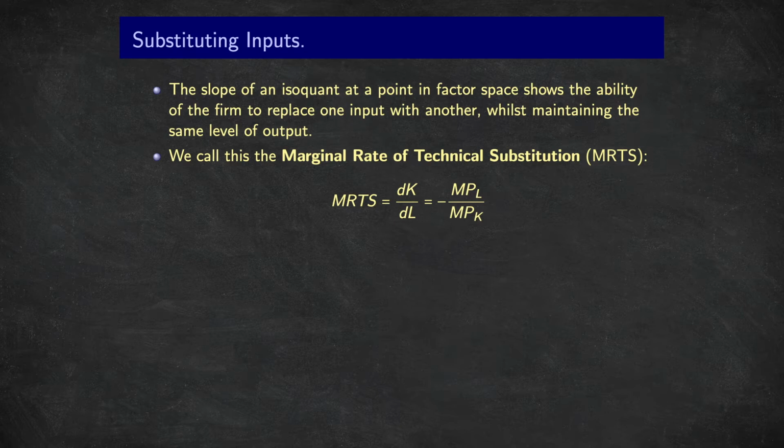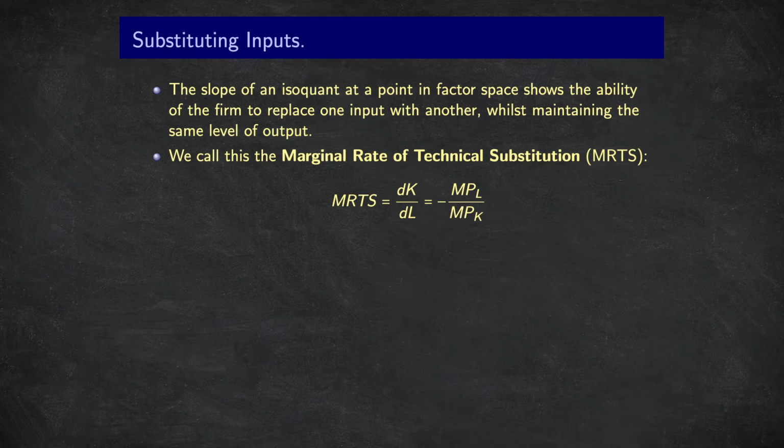As we move along an isoquant, we are exchanging capital for labour, and because we're talking about an isoquant, we are maintaining a constant level of output. Therefore, the slope of an isoquant is going to tell us the rate at which the firm can exchange capital for labour, or indeed any other factor for any other factor, whilst maintaining the same level of output. We give this a name, the marginal rate of technical substitution. So we'll denote it